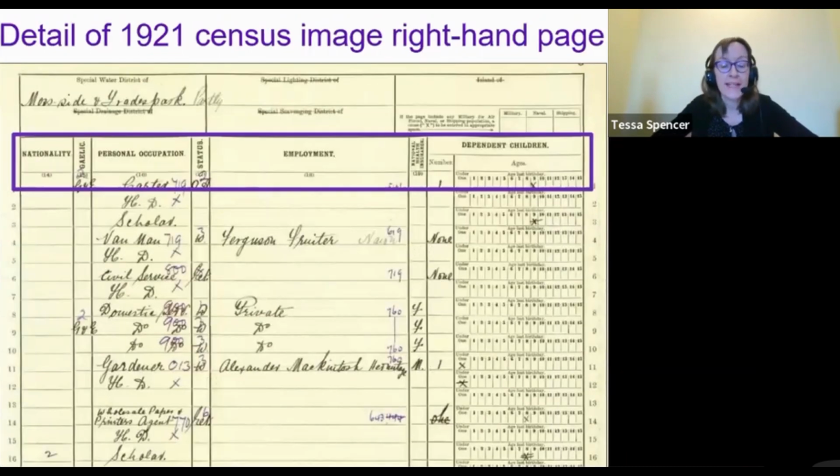The columns on the right-hand side of the page comprise the following information: nationality for people not from the UK; Gaelic, which shows whether the person spoke G, Gaelic, or G and E, Gaelic and English; personal occupation. If you find an abbreviation or unknown term, check the glossary on the Scotland's People website or the index to occupations previously mentioned on